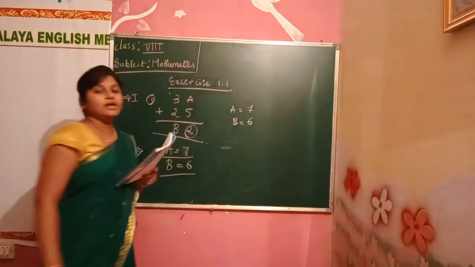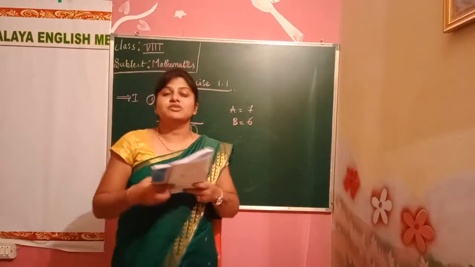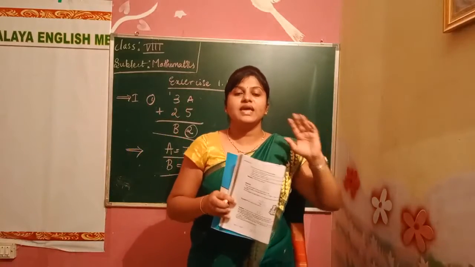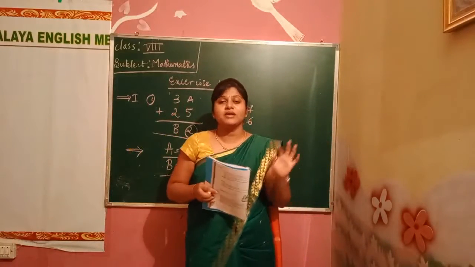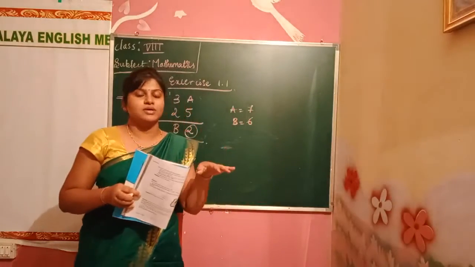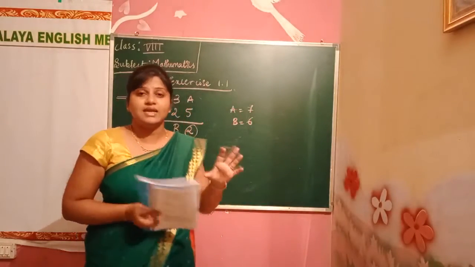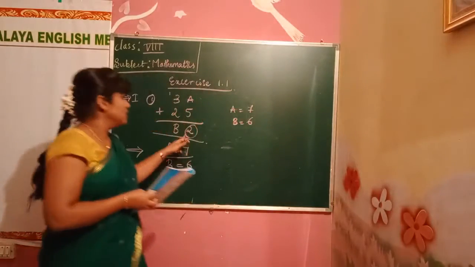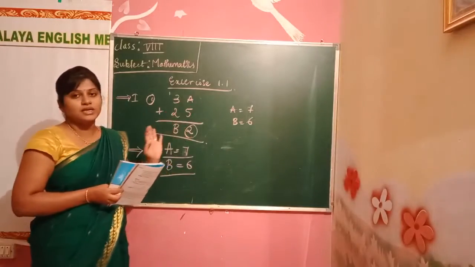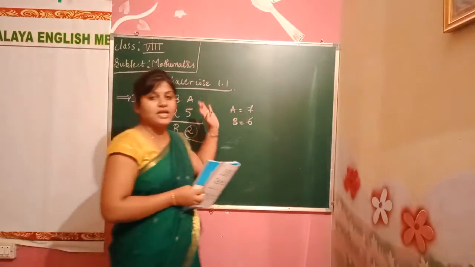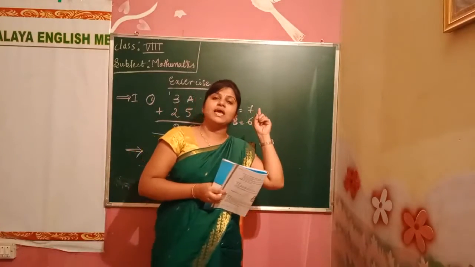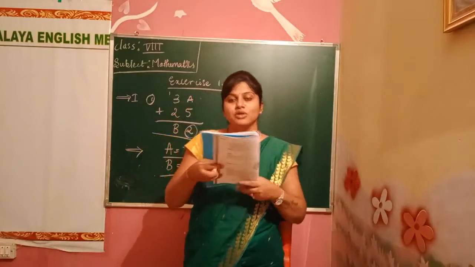So in the first problem we just have to try the A value. Find out A or find out B, we have to try all the numbers first, and the answer must come out exactly. Here they have given 2, so exactly when we put the A value here, if we put just any number we won't get 2. If you put 7 there, then only we get 2. We get 12, so 2 will be down and 1 will be carried. Yes, we have to do it like that.